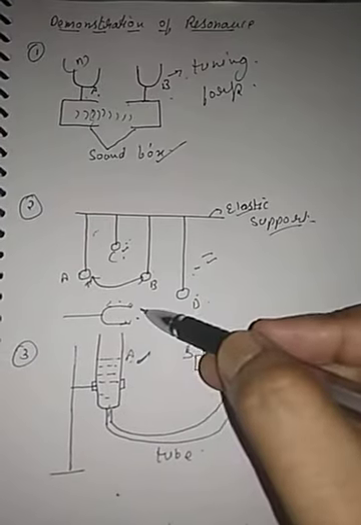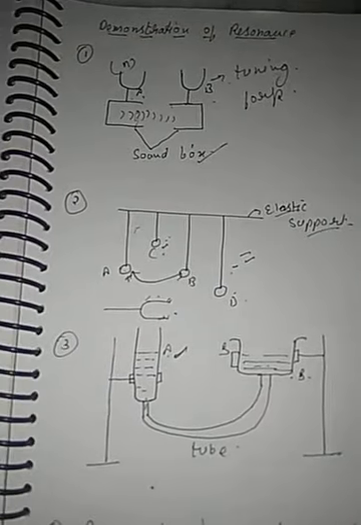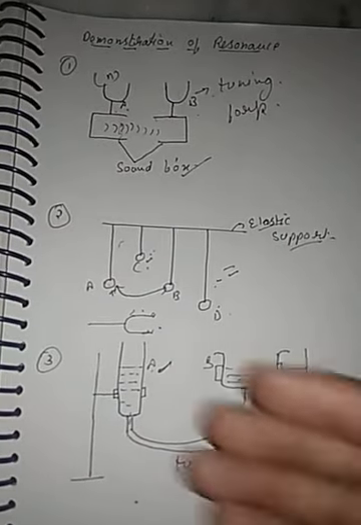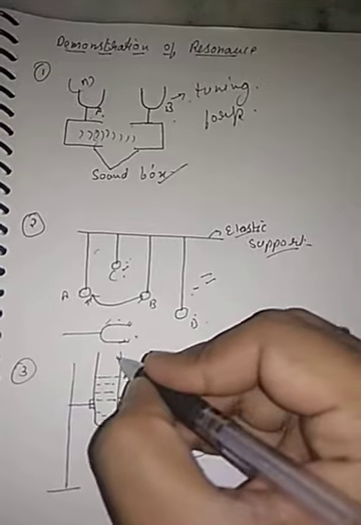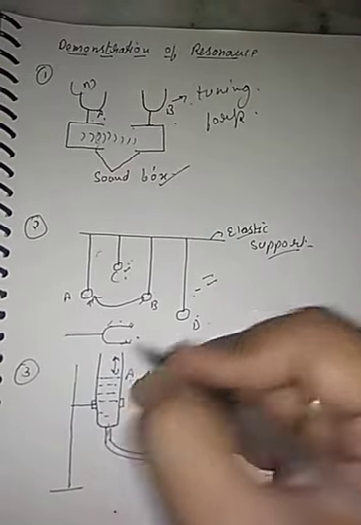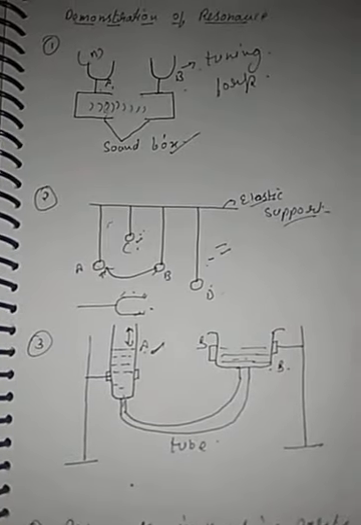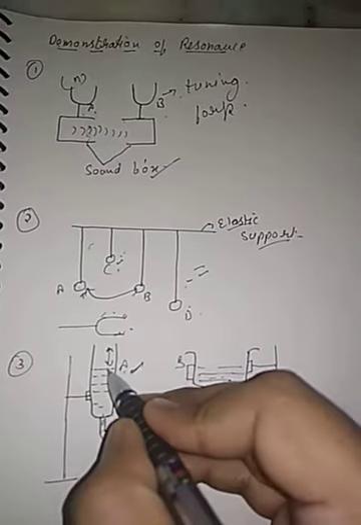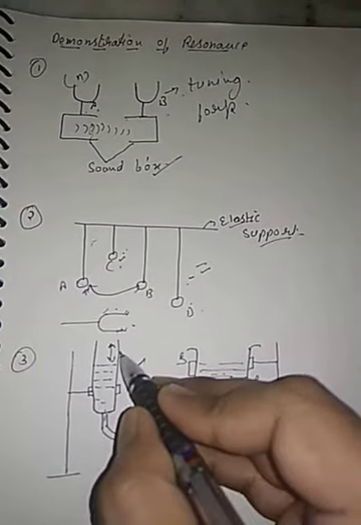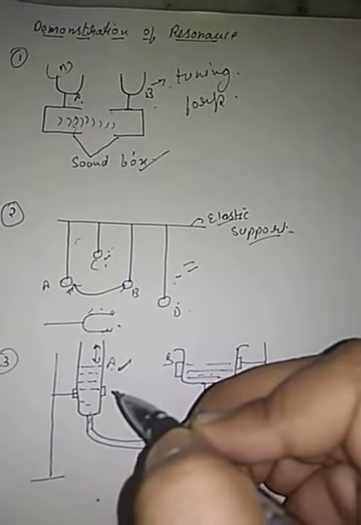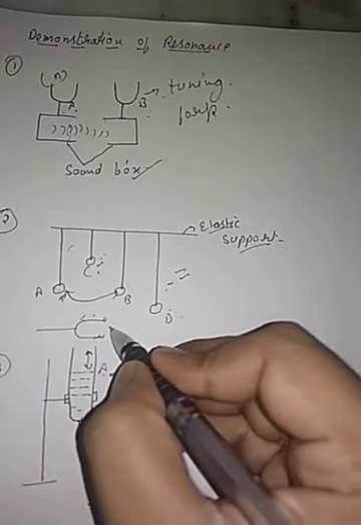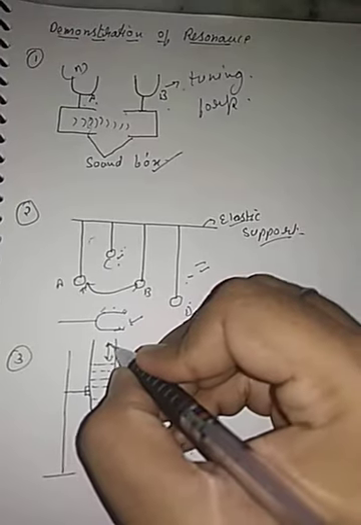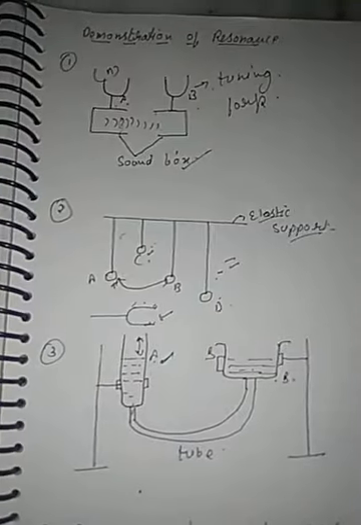The vibrational energy is being given to this test tube. The frequency of the air column in the test tube is different from the natural frequency. Slowly, if you lower the level of the water, a situation comes when the frequency of the tuning fork becomes equal to the frequency of the air column, when the length becomes 3 times its original length of the air column.